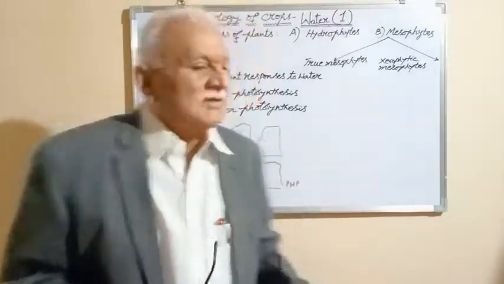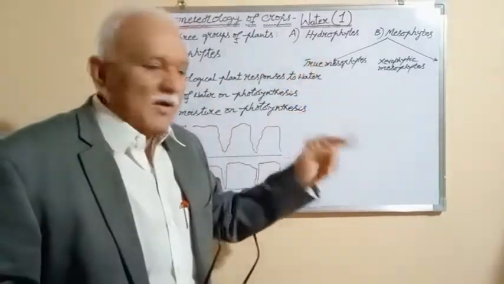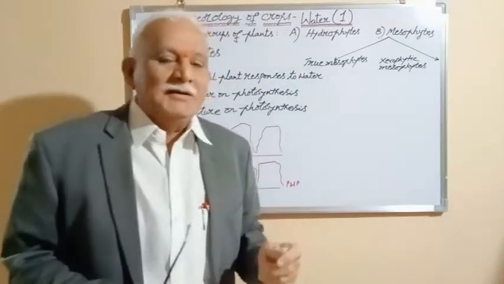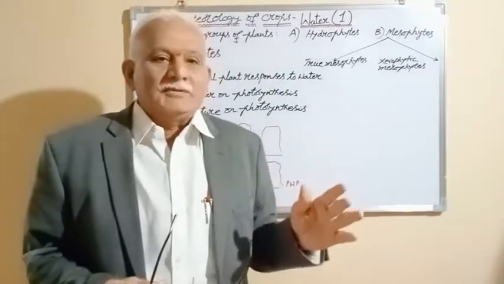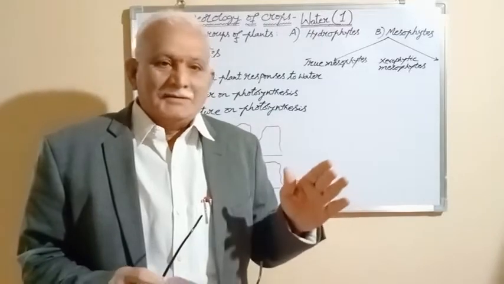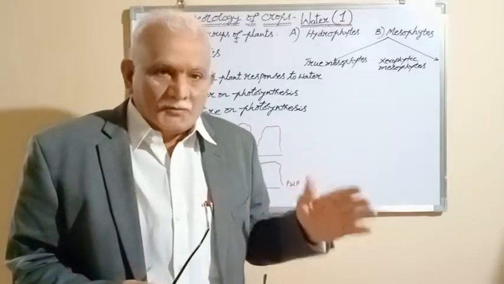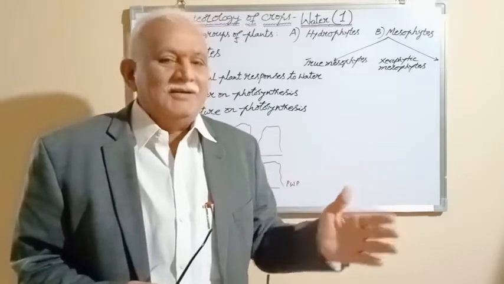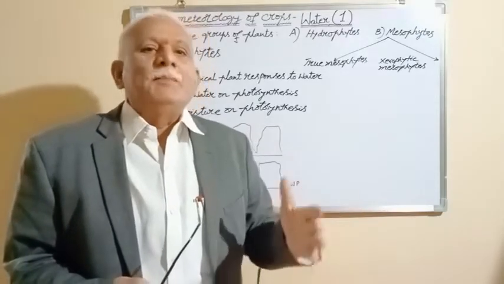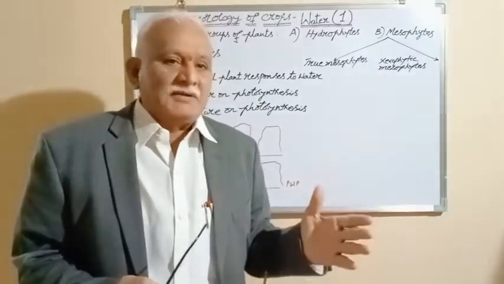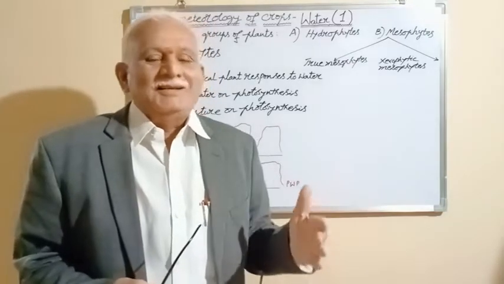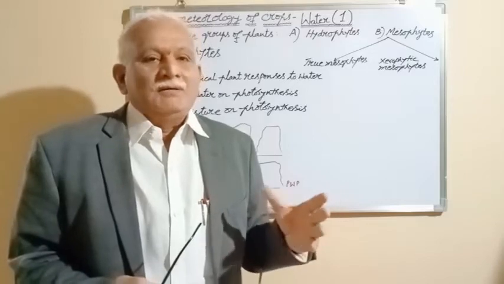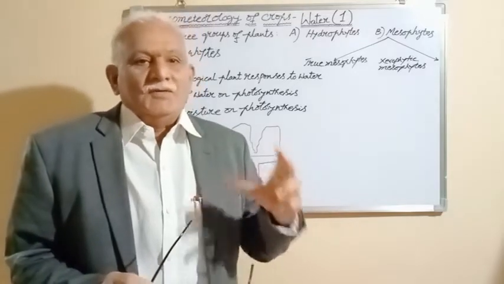Micrometeorology of Crops, Water 1. The weather elements are solar radiation, temperature, wind, humidity, pressure, rainfall, and derived parameters like evaporation, transpiration, etc. Here, as far as micrometeorology is concerned, I have covered first five